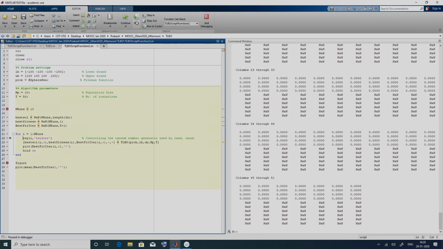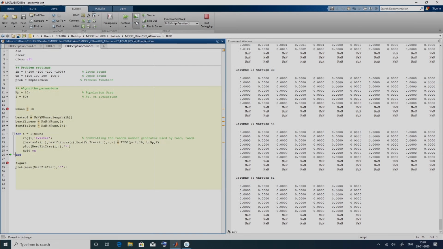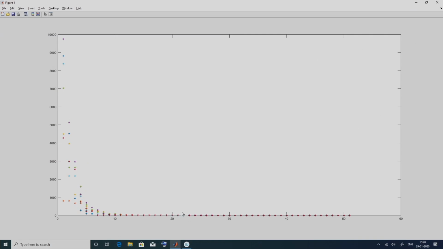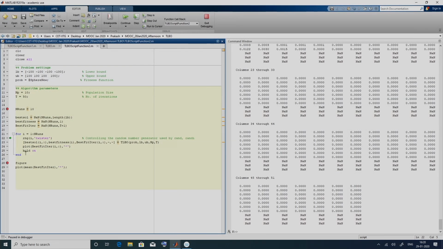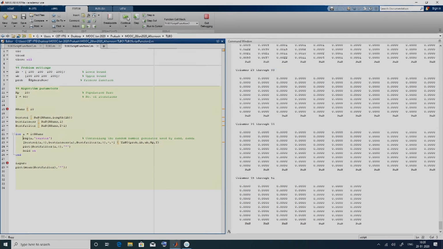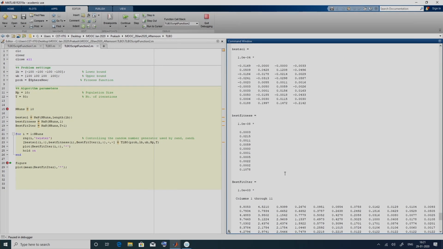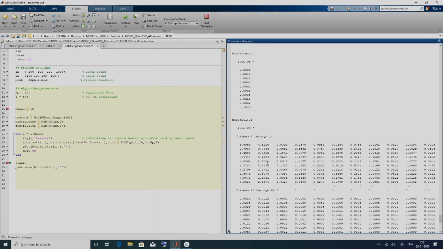Now we can execute this for 10 times. Every time a row would get populated, and the figure will also have one more curve. As you see, for every run we get a curve over here. Right now we have completed 8 runs, so we are in the 8th run. It has completed all the 10 runs. So, at the end of 10 runs, this is what we have.